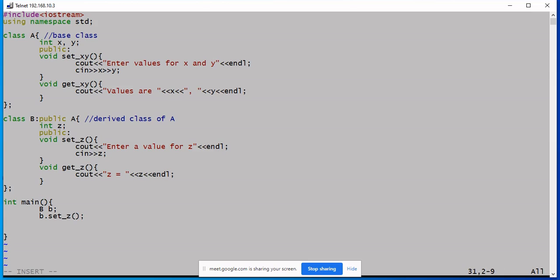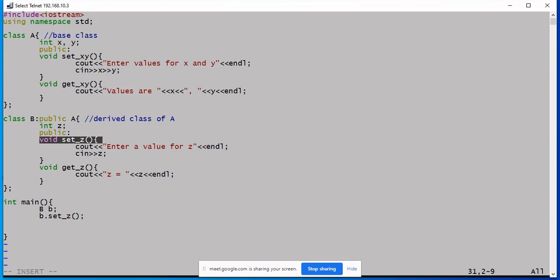I told you that though the values x and y are in private section and they are not inheritable, it doesn't mean they are not part of object B. By the property of inheritance, they are part of the object of derived class, but you cannot access them directly, not through your member functions.